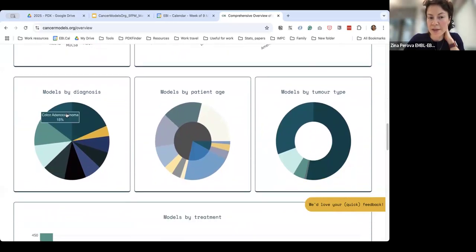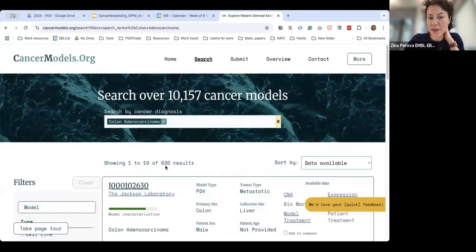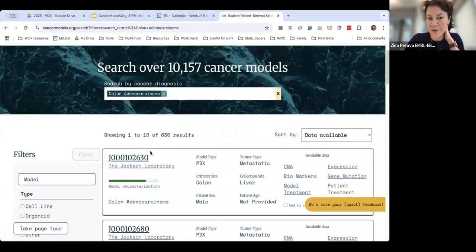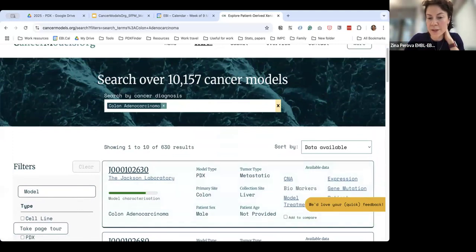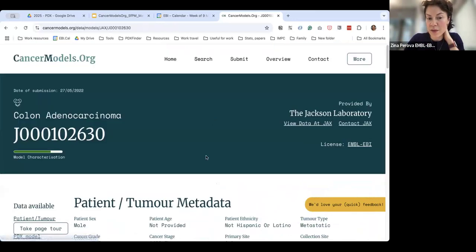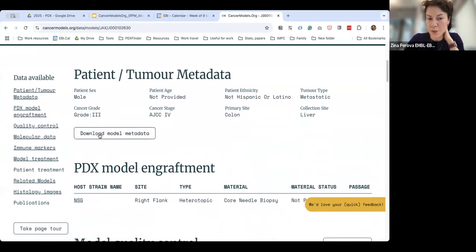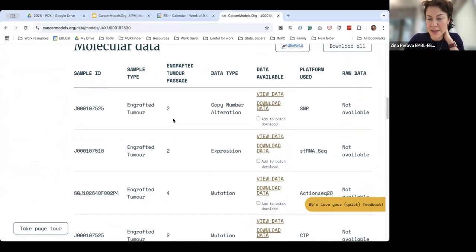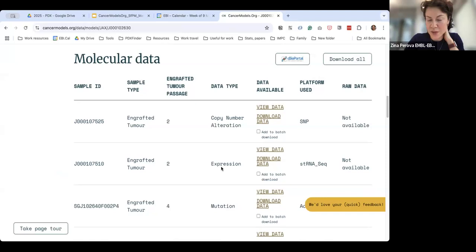And obviously, this also allows you to get slices of the data of interest with specific pre-filtered options. In terms of the data per model, it's possible to download everything. So in the data that is here in the molecular data section for each model,